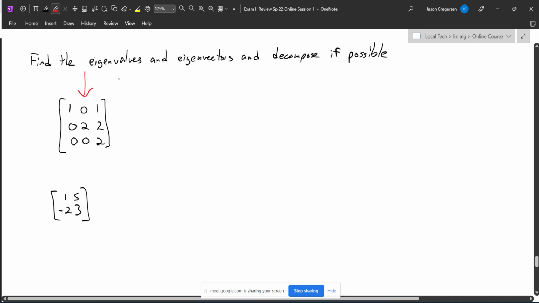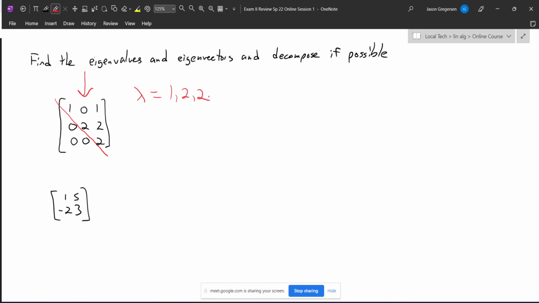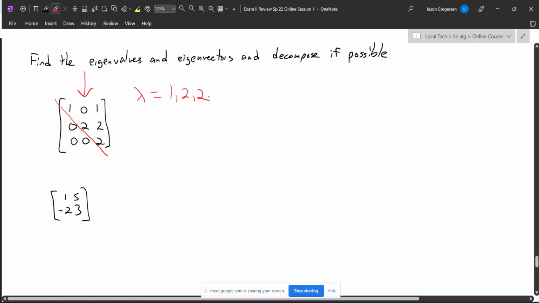Well, the nice thing about this matrix is that it is a triangular matrix. Because it's triangular, I know that the eigenvalues will just be the diagonal entries. So I immediately can see that the eigenvalues are 1, 2, and 2. I know that if I plug in lambda equals 1, I will generate one eigenvector. The only question is, how many eigenvectors will I get when I plug in lambda equals 2? So I'm going to check that case. I'm going to say if lambda equals 2, I'm then going to solve the associated homogeneous equation. So I subtract 2 on the diagonal,